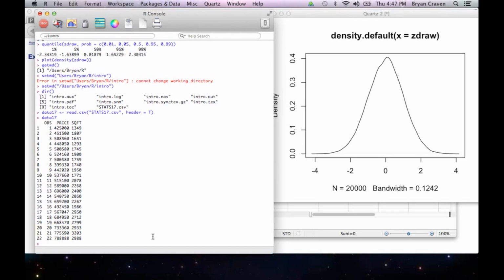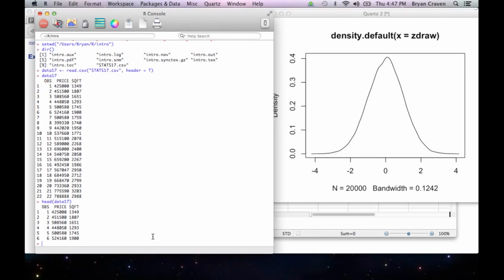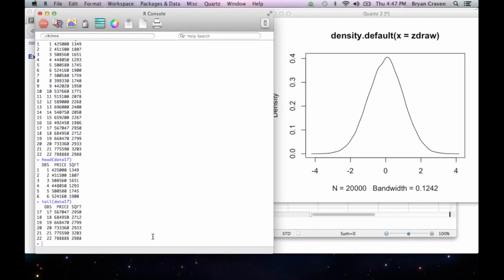So this data frame is relatively short, so I can see the whole thing here, but if you had a really long one, R would literally spit out the entire data set at you. So you could say head, paren, and then data 17, and then R will show you the first 6 rows of data and the headers. And if you said tail of data 17, R will show you again the column headings and the last 6